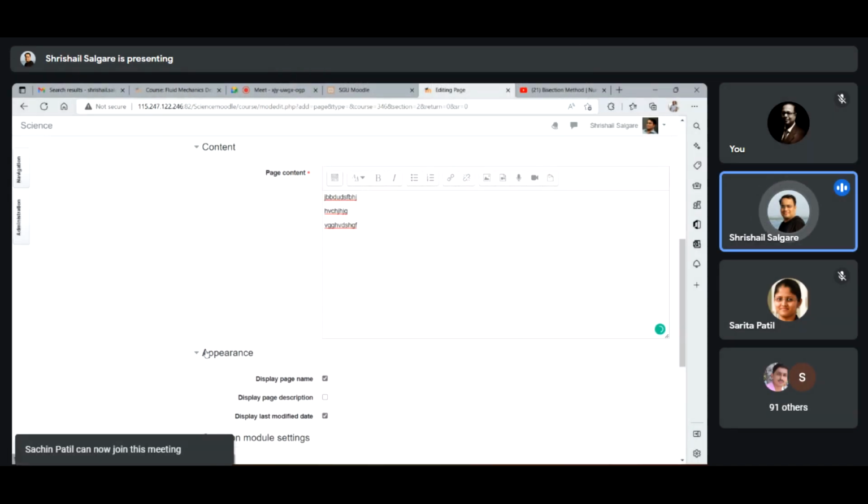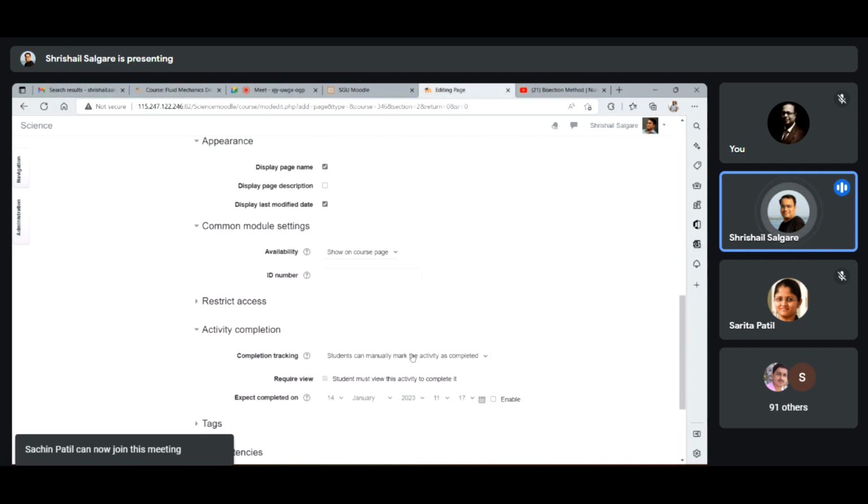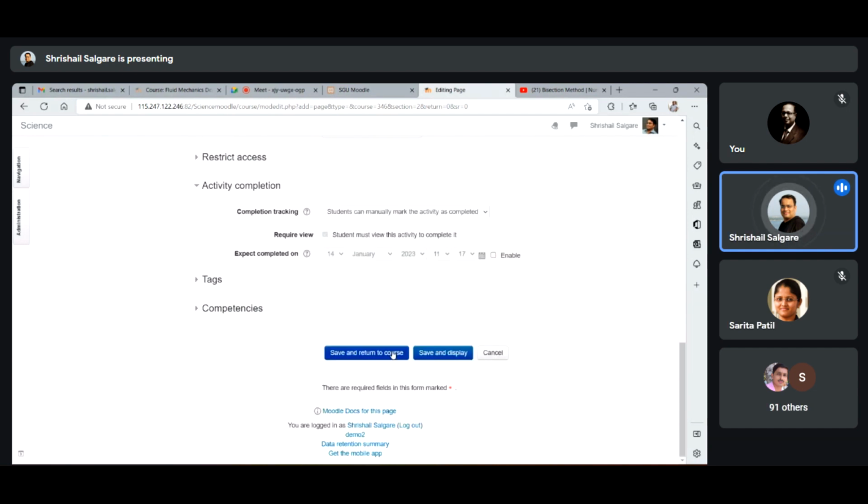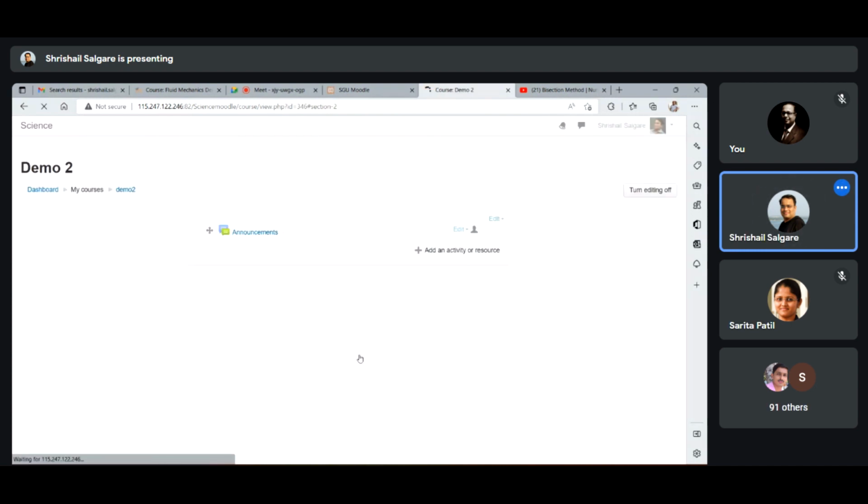Activity completion, by default, will be that a student can manually mark the activity as completed. Now I will click on save and return to the course. Now the page is there. Similarly,